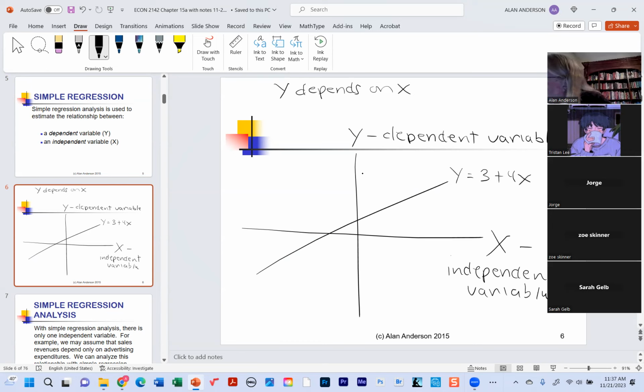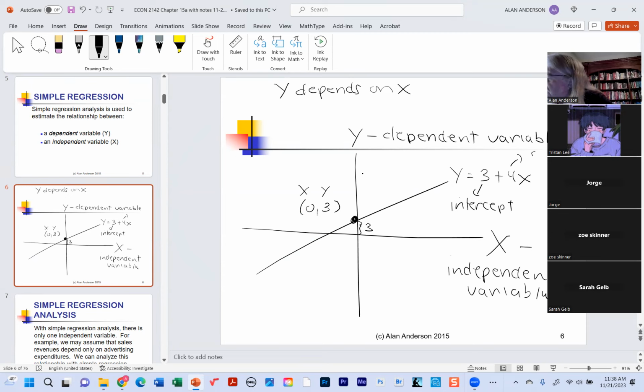Now, the actual equation that we have here tells me two things. Number one, the intercept is 3. Or think of it this way: this is the point (0, 3). At this point, x is 0, y is 3. The slope is 4,